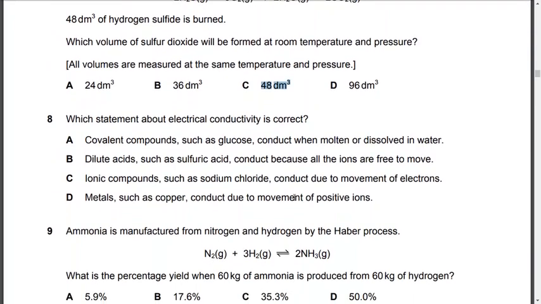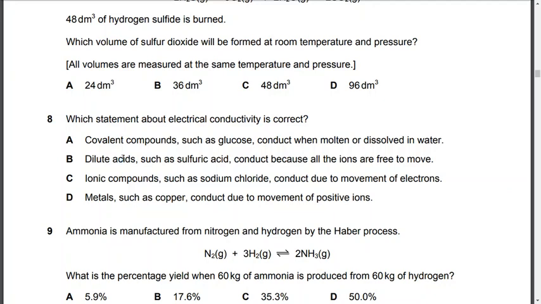Now coming to question number 8, which statement about electrical conductivity is correct? Covalent compounds such as glucose conduct when molten or dissolved in water, which is definitely not right, because they basically do not conduct electricity in that form. Coming to dilute acids such as sulfuric acid conduct because all the ions are free to move. So this is the right answer,